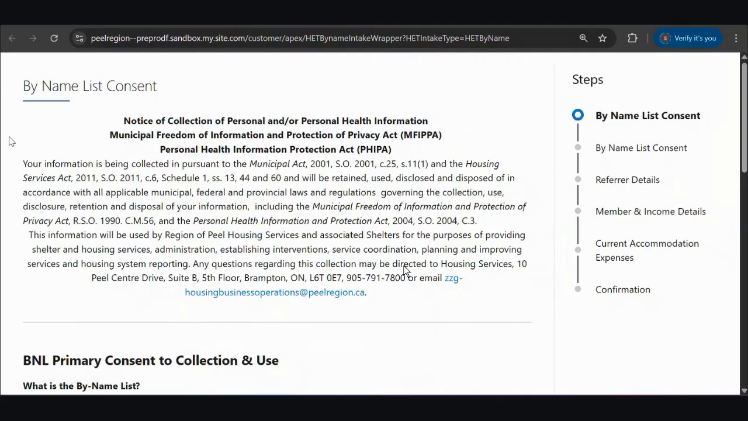In this video, we're going to focus on completing the member details pages. The first step in completing the member detail pages is the by name list consents. When working with a client, it's imperative that they read through and understand these pages. What we're going to do is proceed through all of the questions with the client and appropriately